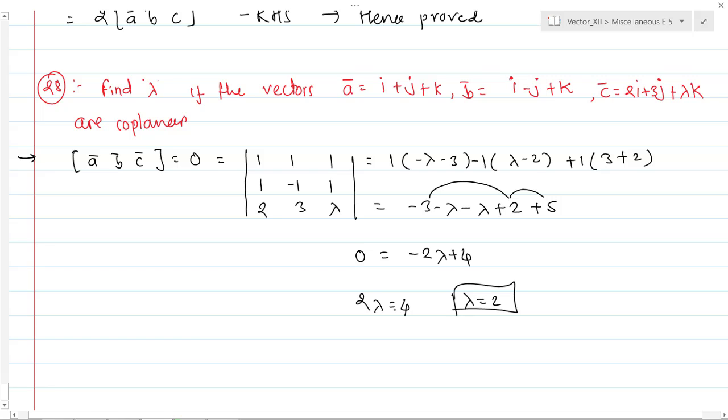Is it okay? So this is very, very simple. It can come as a short answer question. Okay, so I hope this exercise is okay for all of you. I request again and again, all of you, please give sincere effort to all these exercises. Watch these videos from first to last. All the videos will give you some different concept. Do more practice. That is the only way to your success.